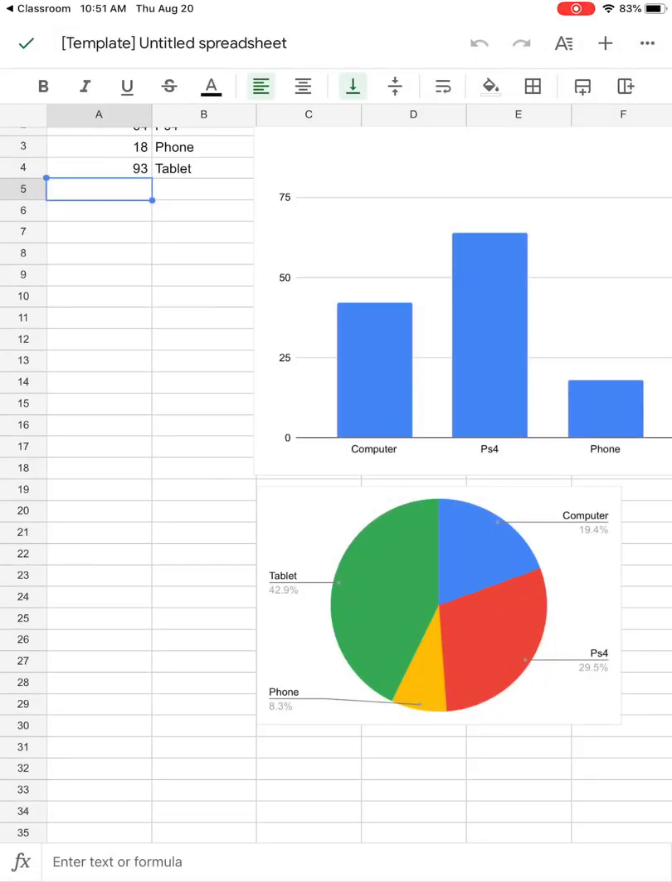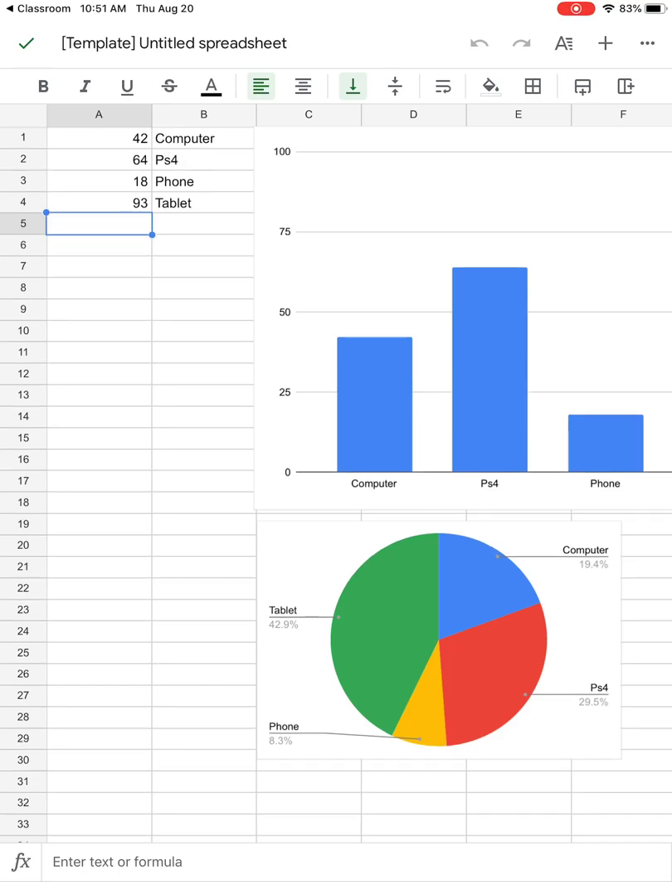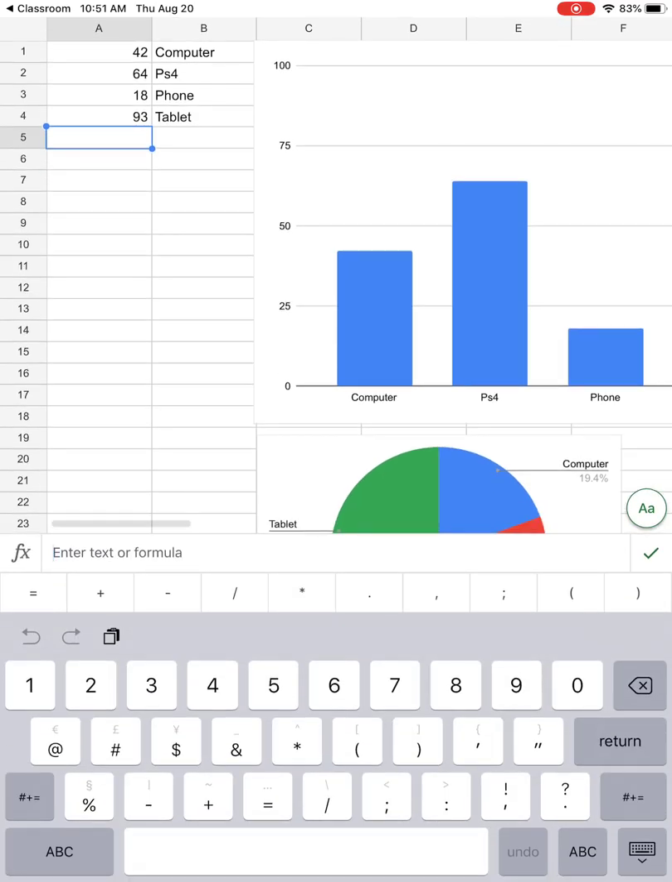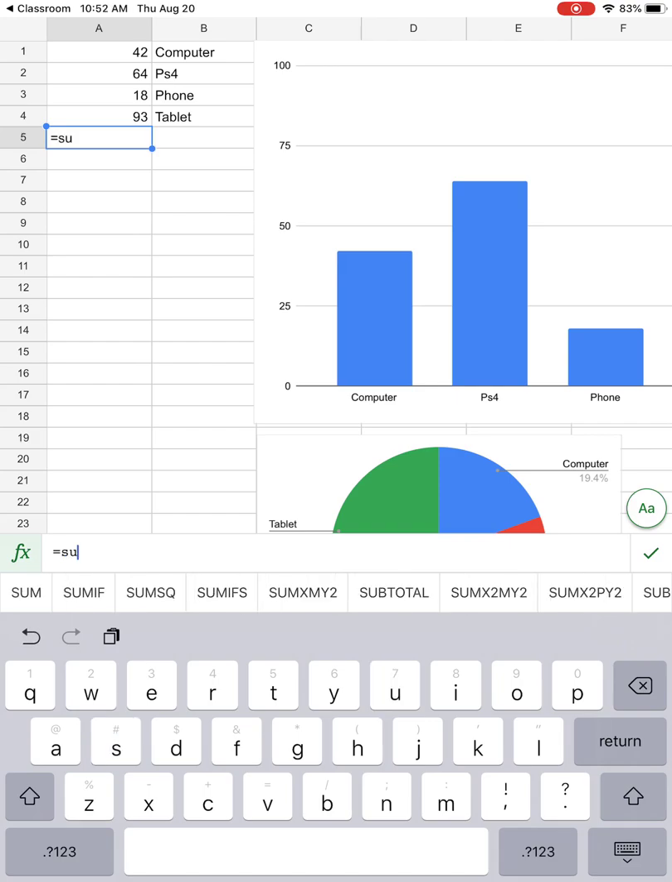To do a formula in Google Sheets, you have to know what the formula is, first of all. Second of all, you're going to be putting it underneath your groupings of numbers. So what you're actually going to do is down here where it says enter text or formula, to add everything together that is in a section, you're going to hit the equal sign, then you're going to type the word sum,